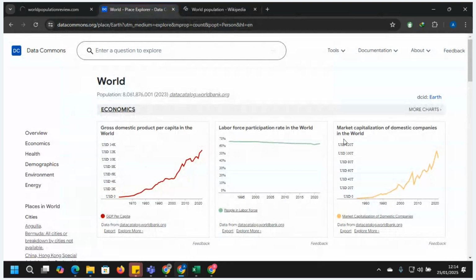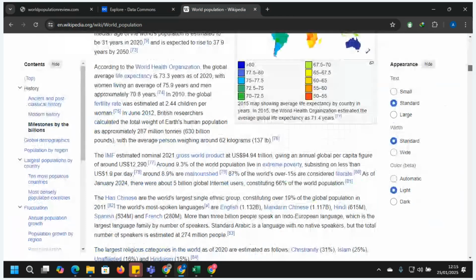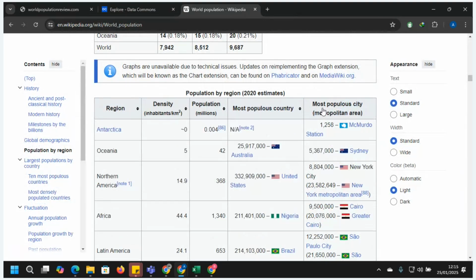So we can see this data here. Where is the data set? Data set from here also. So we have this one here, this data.